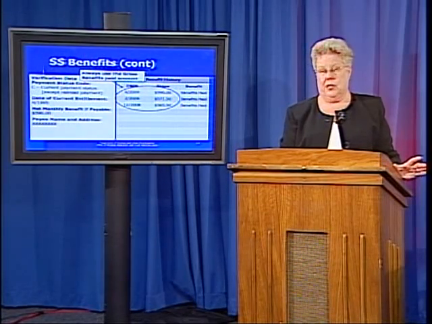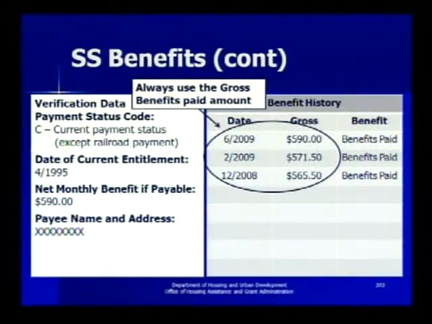And maybe there was some reason that caused this, but maybe they will say, well, yeah, they were fluctuating because of this situation, but now every month I'm getting, in this case, the $590. So if they're stating that they're getting the $590 every month now, and that's their fixed benefit, you may want to verify this with Social Security, and in that instance, you would annualize the $590 when you